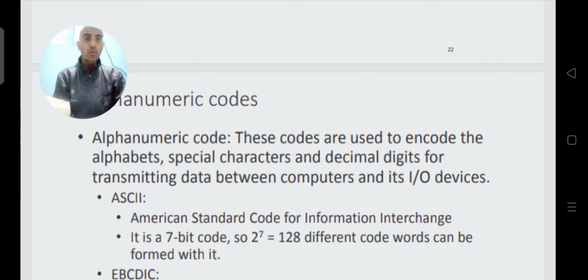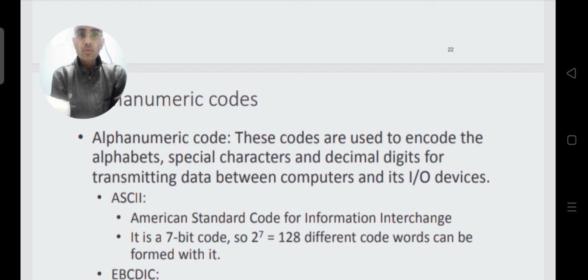Alphanumeric codes are the codes which represent or encode not only the numeral values but also the alphabets, in capital letter and also small letter form.